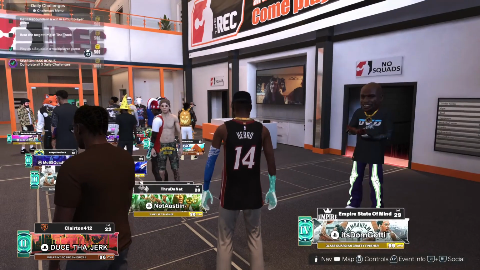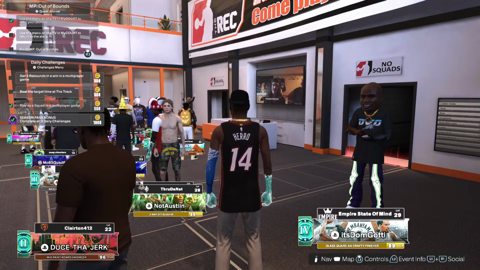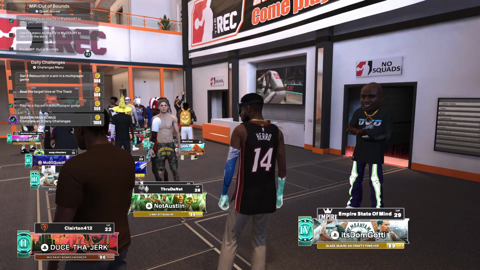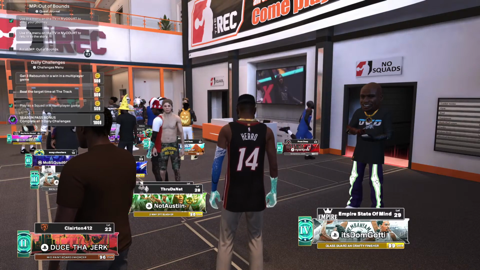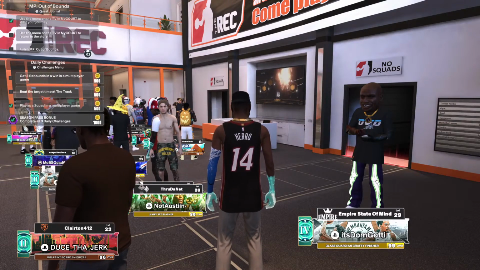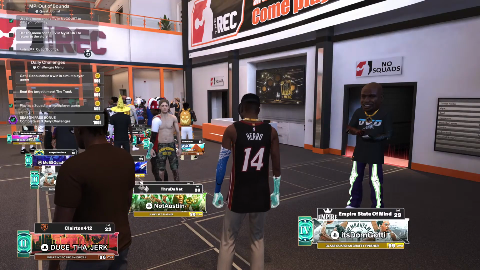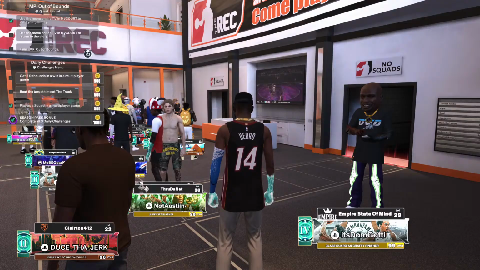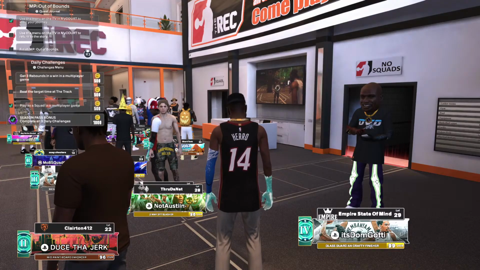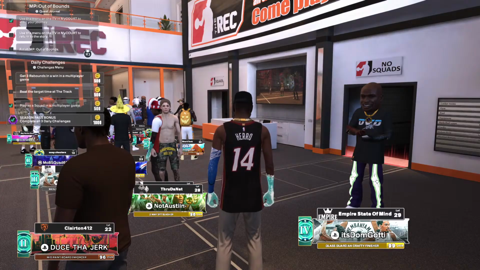Hey guys, Two-Way Dream here, and it is the first Dark Matter rep in 2K26. With unmatched dedication, they've just unlocked the most exclusive My Team rewards, including GOAT Hoodie Mellow with 99 everything and all legend badges. That's going to be hard to beat. They also get an exclusive Dark Matter court, their MT Arena sent to outer space, and Black Hole Basketball to complete the theme. Stellar rewards.